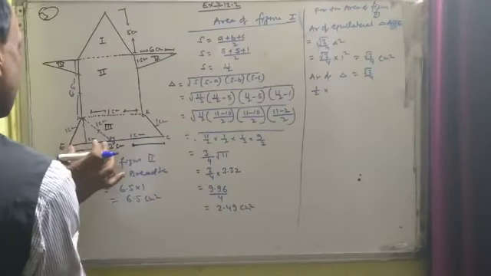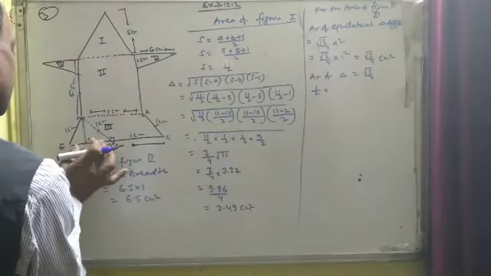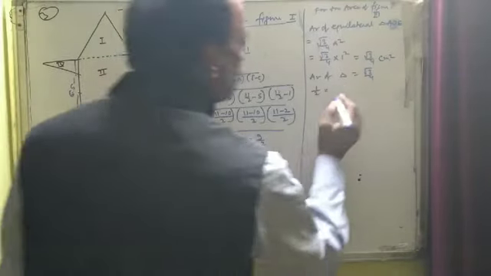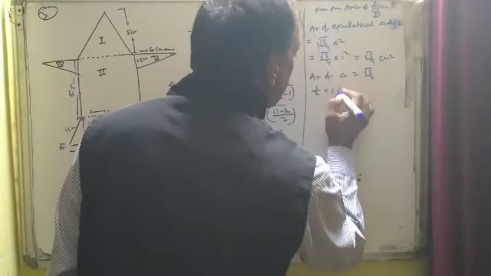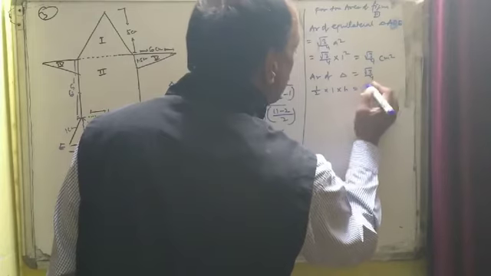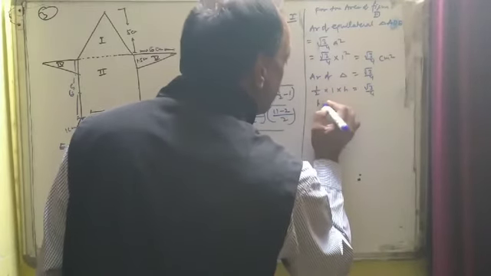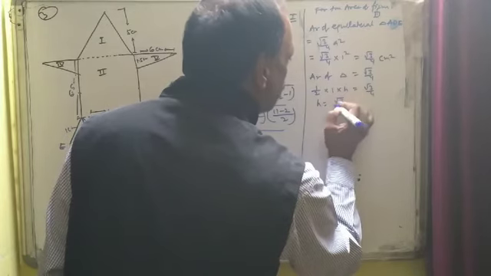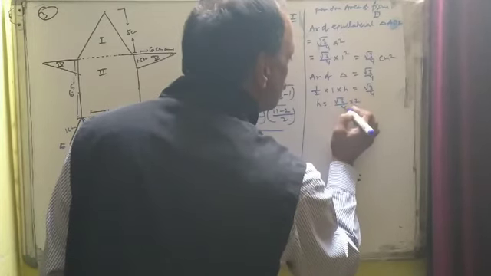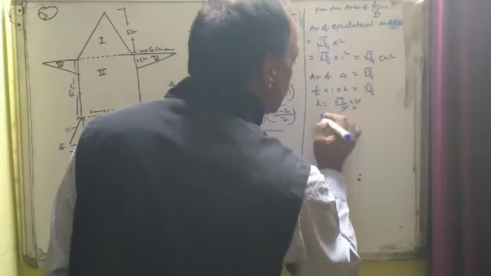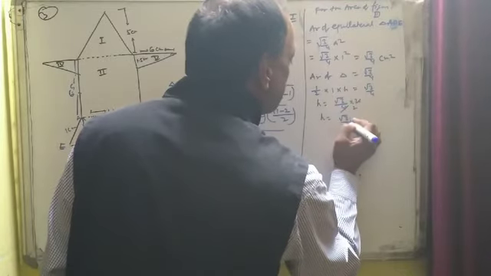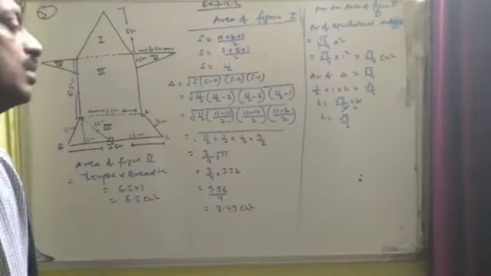For the base we will take this one, EM, and this length is 1 centimeter. So half into base, and the height is not given, so h is written here, and this equals √3/4. In doing so, we will get √3/4 into 2, and this one is crossed here. So h equals √3/2. We have the value of h.